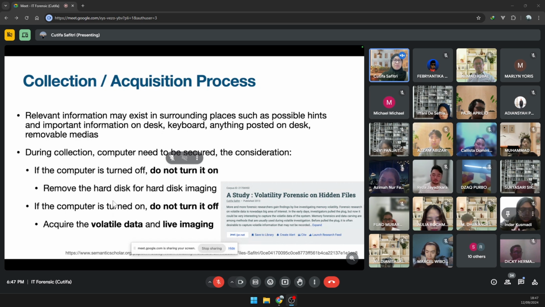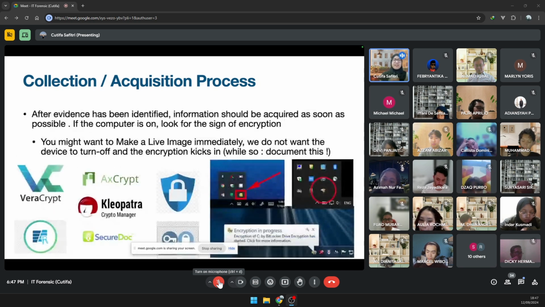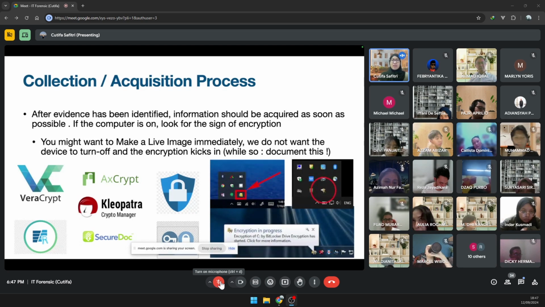Now the thing is, when it is still on, it is better for you to document the information, like in here. After evidence is identified, you want to acquire information as soon as possible. So if the computer is turned on, look for the bottom tray.